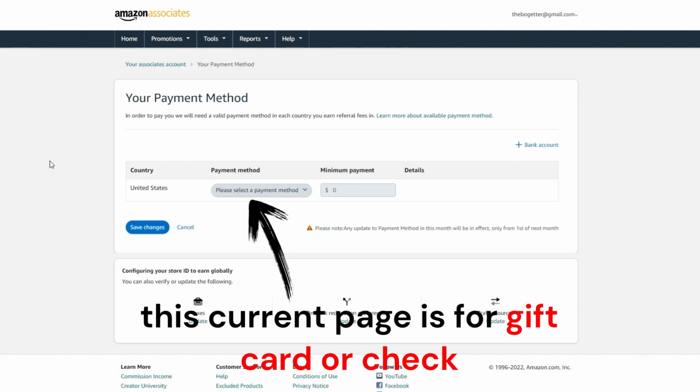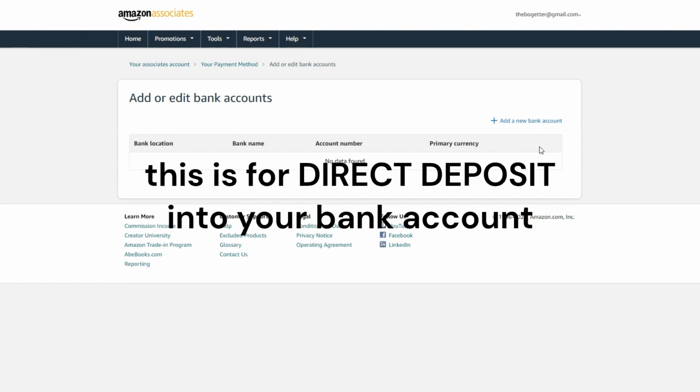This is the default page, but if you were to add a bank account, what you have to do is click over here and then add a new bank account,